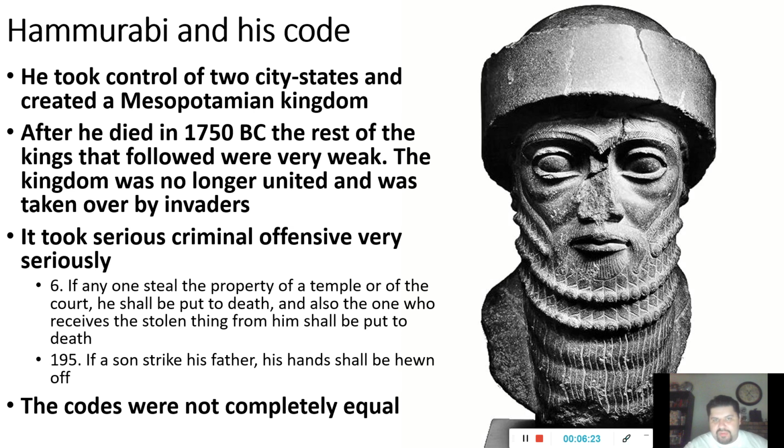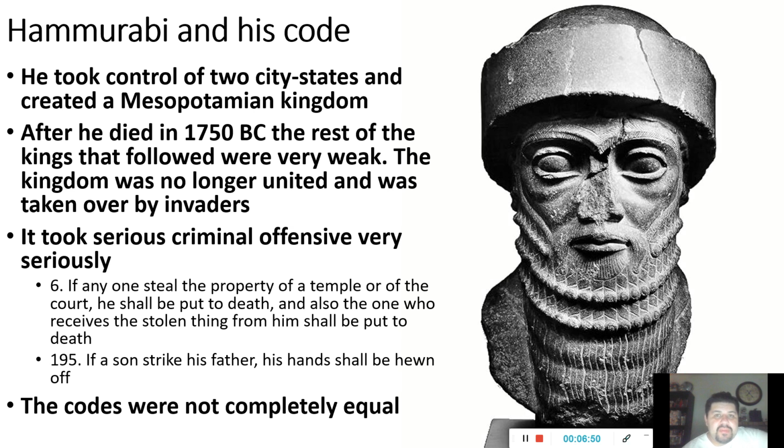You can look it up. It's right there for you. So here's a couple of examples of Hammurabi's code. One of them is if someone steals property from a temple or a court, they get put to death. And here's the best part: